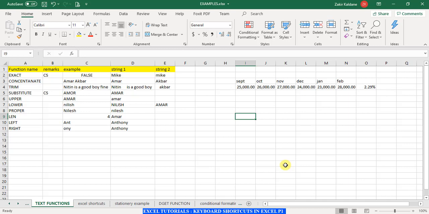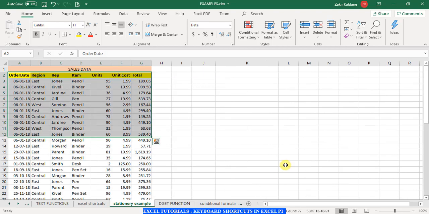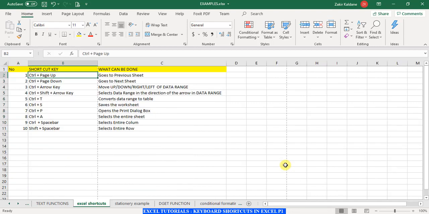The next shortcut key is just the opposite of that, Control Page Down. When you press Control Page Down, you go to the next sheet. Again, if we try Control Page Down, you see it jumps to the next sheet in the list of sheets. So we press Control Page Up and go to our original sheet over here. So you have come to know about these two shortcuts.